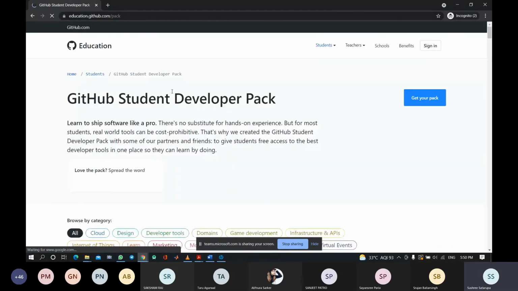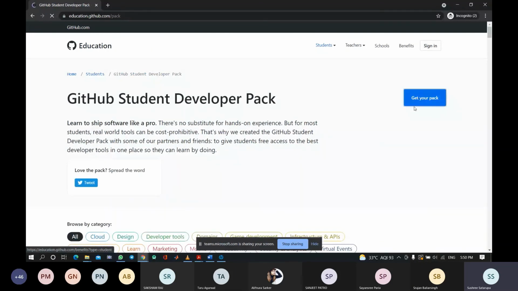And here is the option to get your pack. You have to use your college ID to get the pack, your college roll number, and the email ID that you have. It's taking much time to load.